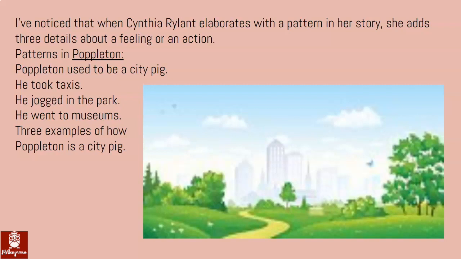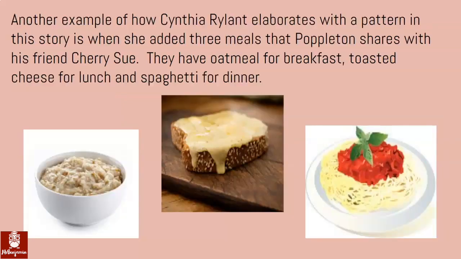an action. Patterns in Poppleton. Poppleton used to be a city pig. He took taxis. He jogged in the park. He went to museums. Those are three examples of how Poppleton is a city pig. Taxis, parks, museums. Another example of how Cynthia Rylant elaborates with a pattern in this story is when she added